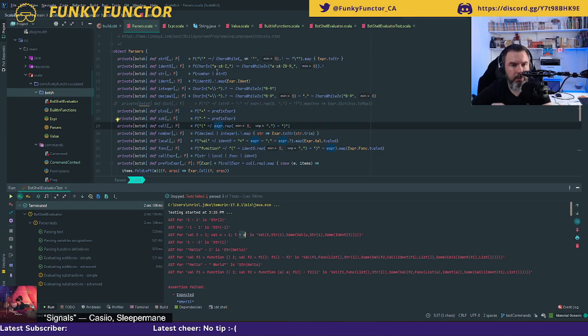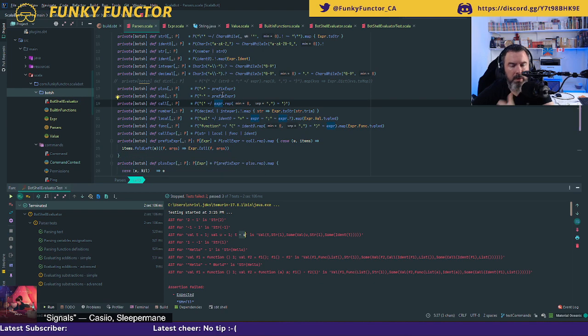So I have my strings. So I must have made a mistake in my AST. I just don't see it. Why is it not seeing anything that comes after the minus?